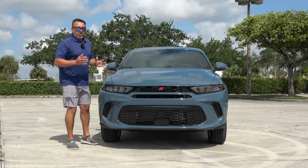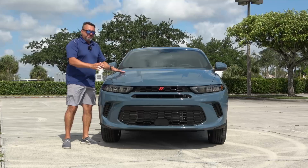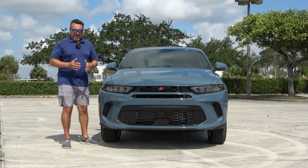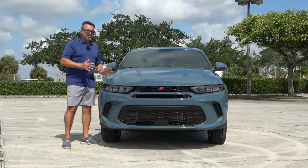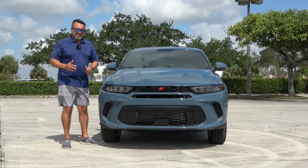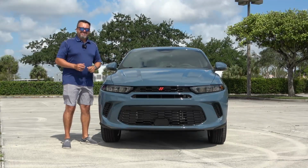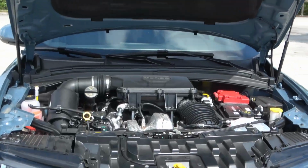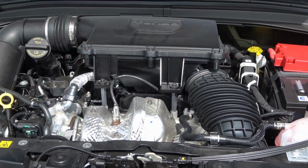And if this vehicle looks familiar to another CUV, that's because it is based on the brand new Alfa Romeo Tonale platform. It shares a lot of its components, a lot of the sheet metal, even on the exterior, as well as on the interior, and of course the power plant, although I don't think that Alfa Romeo is going to be available with this engine. Let's check it out. And what's underneath the hood of the Hornet is a 2-liter turbocharged 4-cylinder engine producing 268